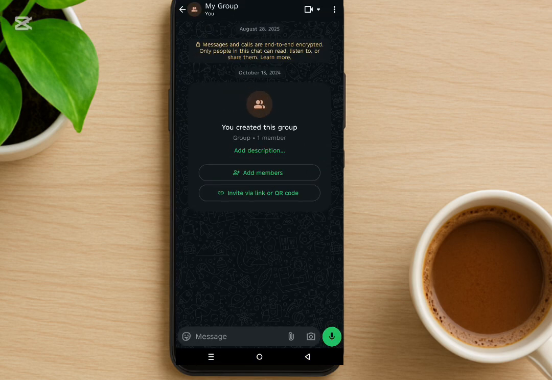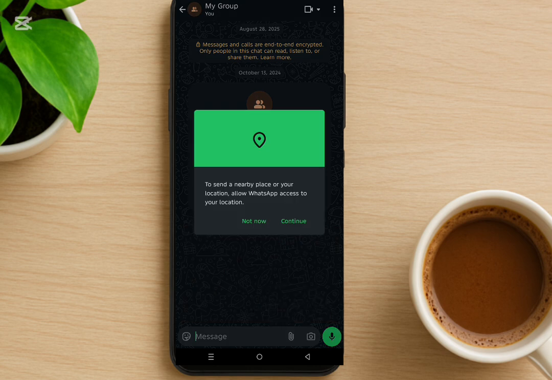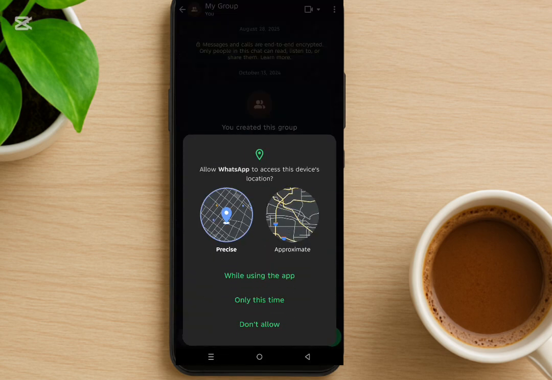Open WhatsApp app. Then, let's assume I want to send my location to this group, okay? What do I do? After opening the chat, just the way I've done here, click on the paper clip icon here. Then, tap on location, okay? Now allow WhatsApp to access your location,